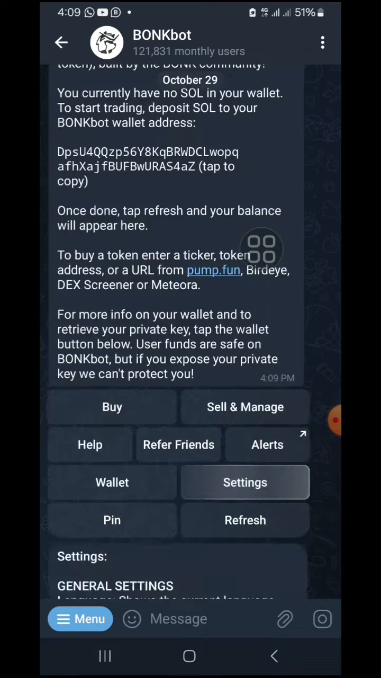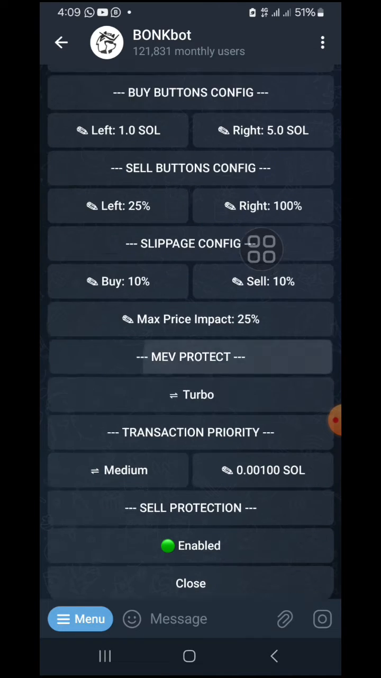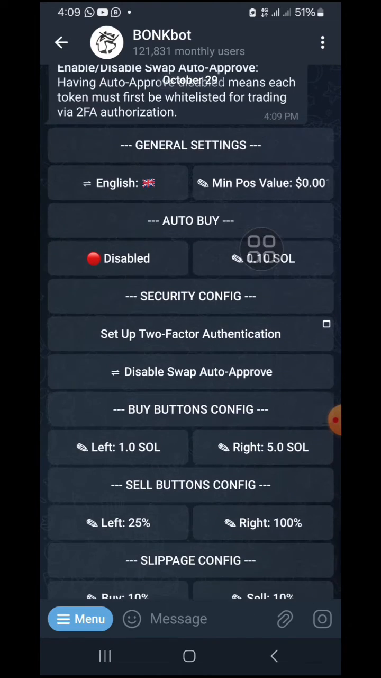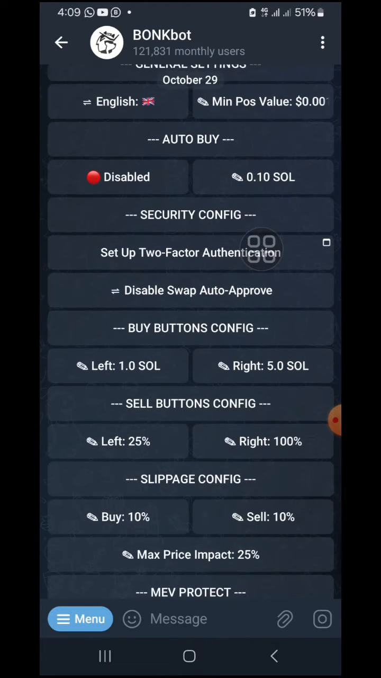So I have to tap on the settings. If I do so, it's going to bring me to this page. So you have to scroll up, right? On this page, right here, I see the buy button configuration, left or right. In this buy button configuration, if you want to click on this button, you just buy one, so you can leave it like this. But for some reasons, if you are trading with a much smaller amount, you can